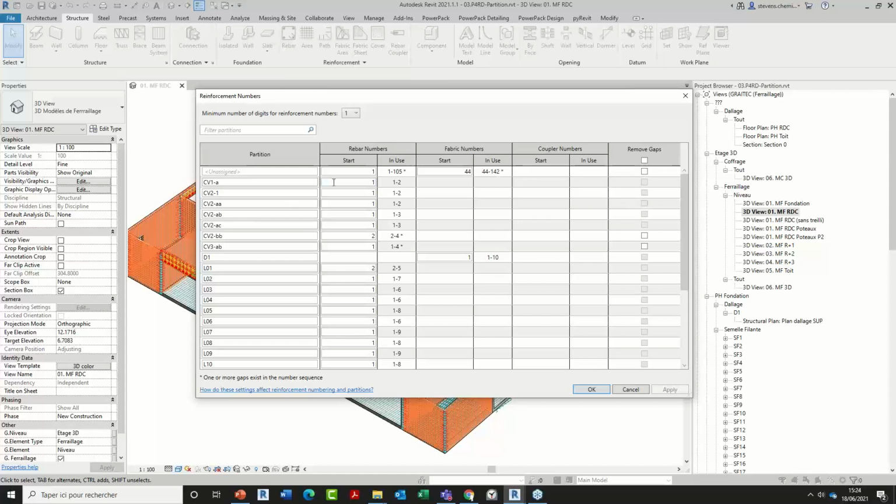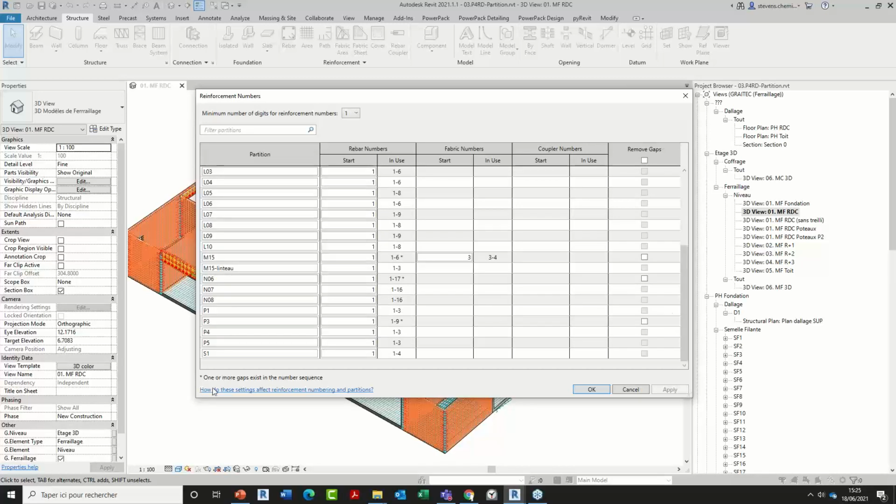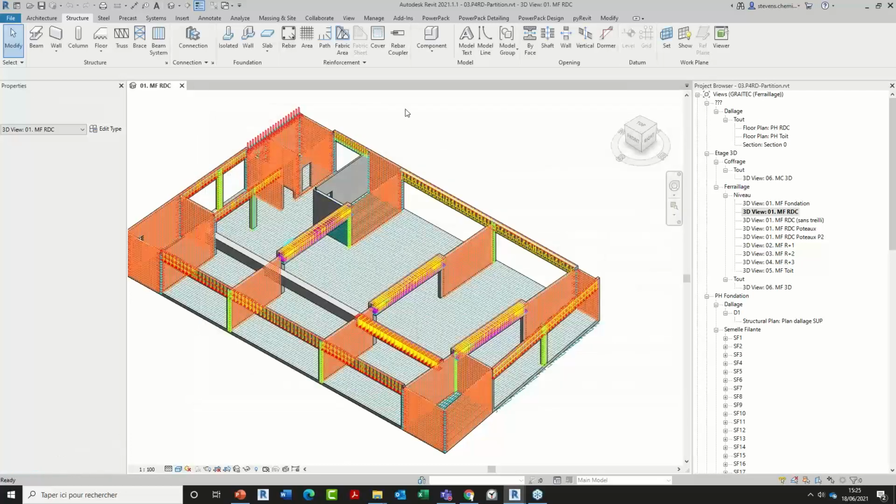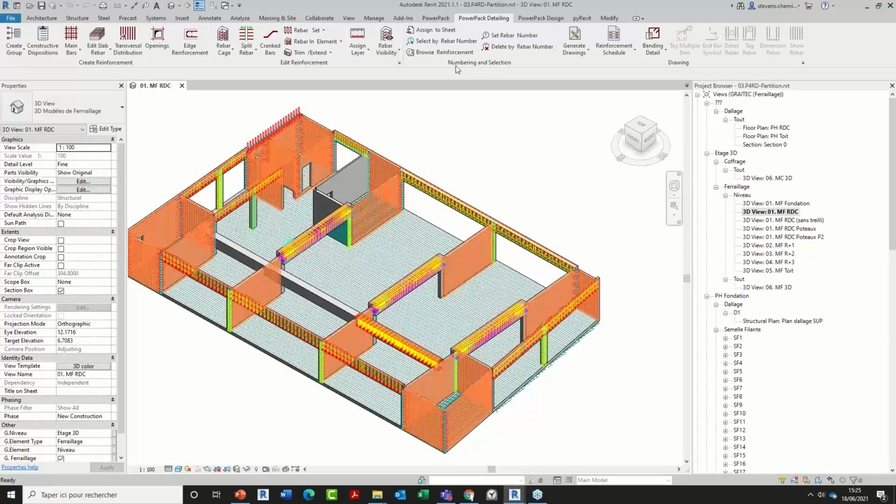So here it's the pure native Revit interface, and you see in this model we have created several partitions and assigned rebar to those partitions.